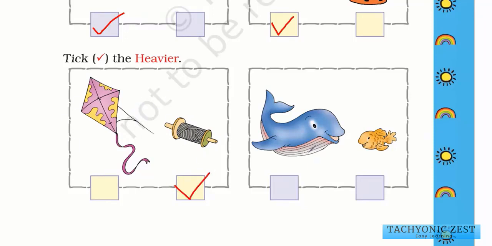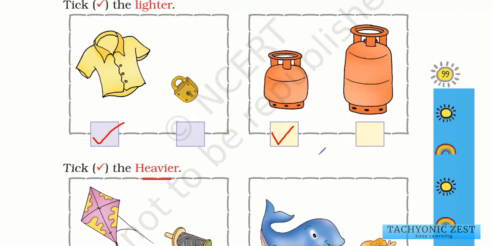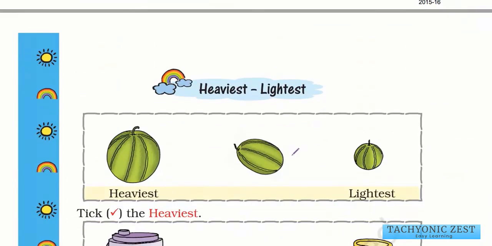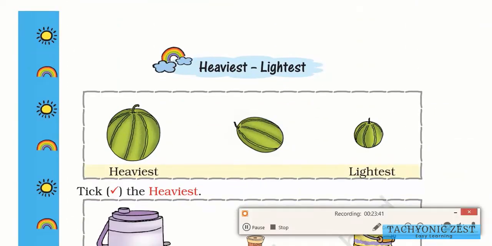So we can see that this is a picture of two fishes that are given. This is a blue whale and this is a simple small fish. So we have to take the heavier object. So blue whale is the heavier fish. So out of these two fishes, this fish is heavier. Okay, so we say that this fish over here, the blue whale, is heavier than this fish, and this fish over here is lighter than this fish. Okay, let us see the next one. Next one is heaviest and lightest.